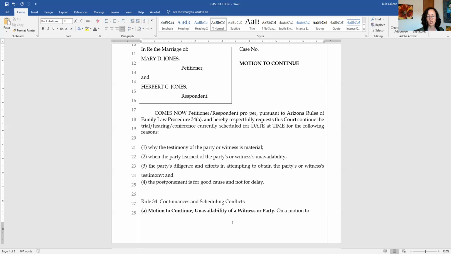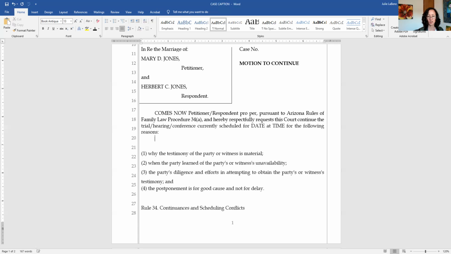Let's say that you're seeking to continue because you got scheduled to be at work on the day of your trial and you tried to get the time off, but your boss said, sorry, either you're here or you get fired. Okay, now I really don't see most bosses saying that, but let's just say in this hypothetical situation, that's what's happening. So I would say for the following reasons,